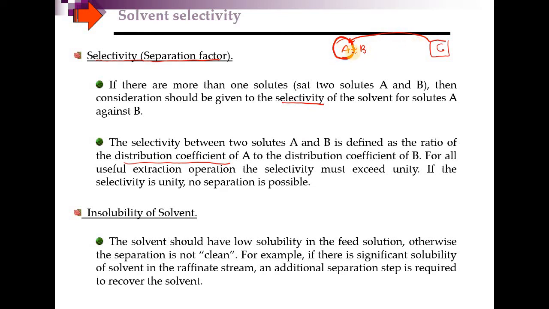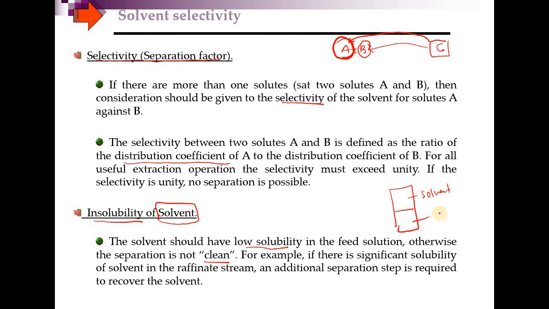If you have A and B, and you want A, but the solvent you use prefers to dissolve B, then you cannot choose this solvent. This is what we call selectivity. You must also check the insolubility of the solvent. The solvent should have a low solubility in the feed, otherwise the separation is not clean. For example, this is the solvent,